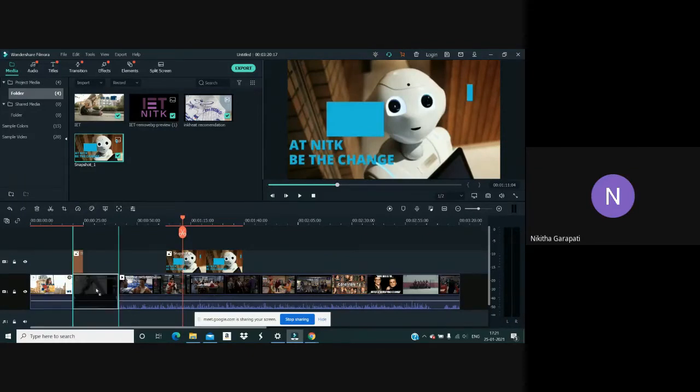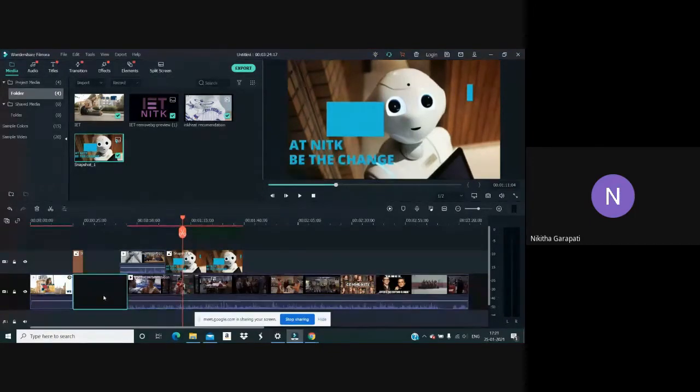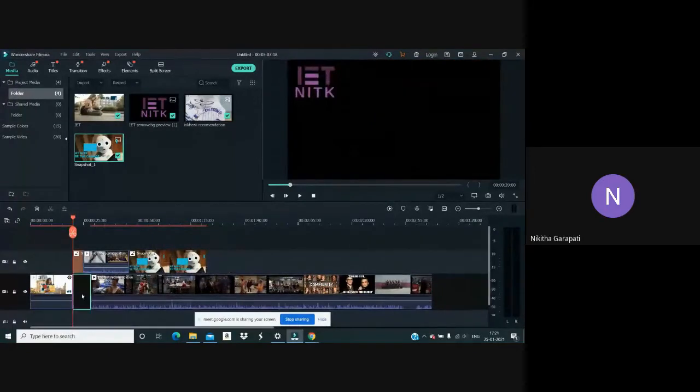To remove this gap, you can either move this, or click on the gap and then press delete on your keyboard. Okay, so now when I play the video, only this part will be played, it will be prioritized.